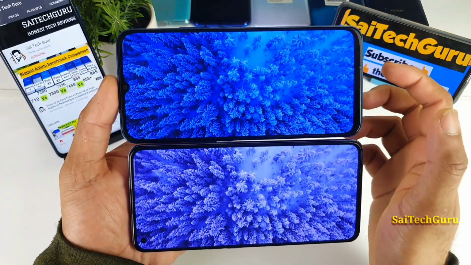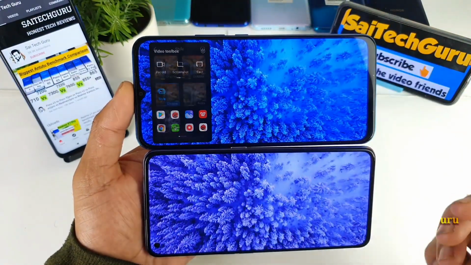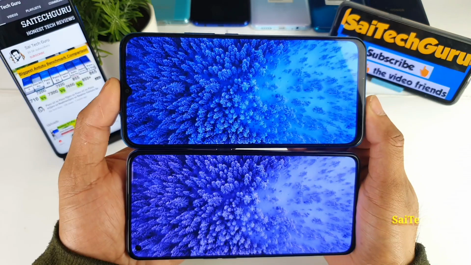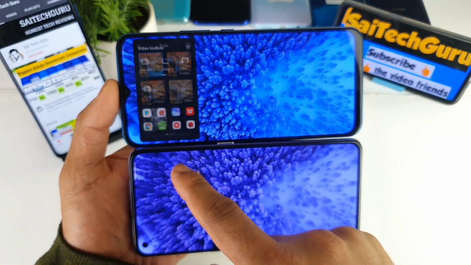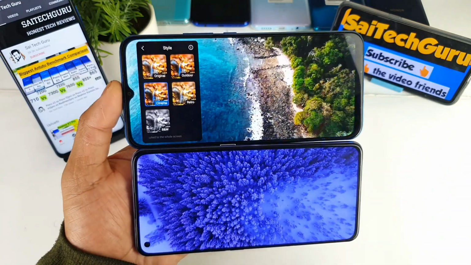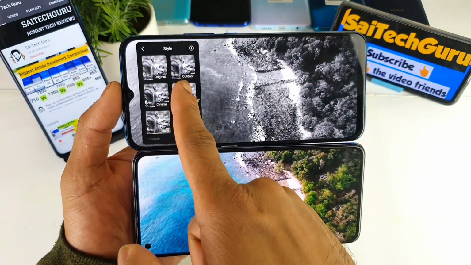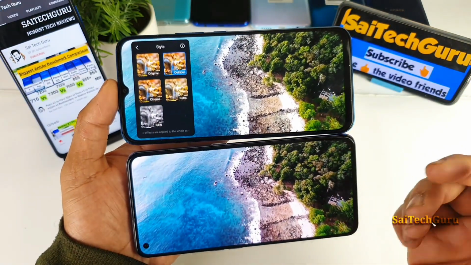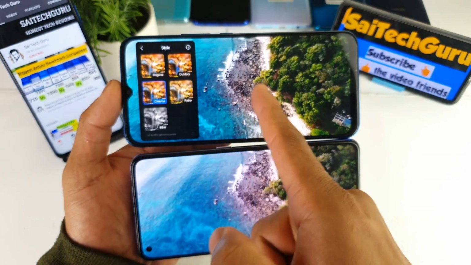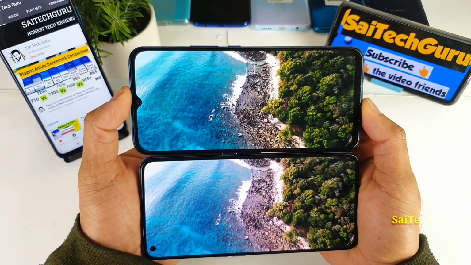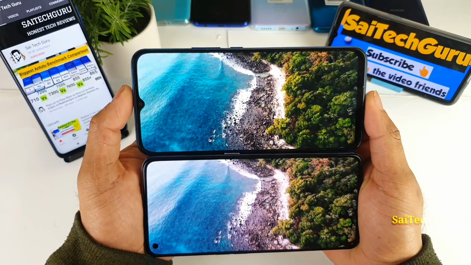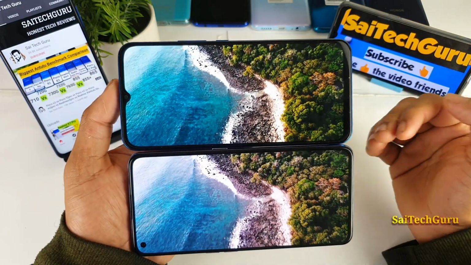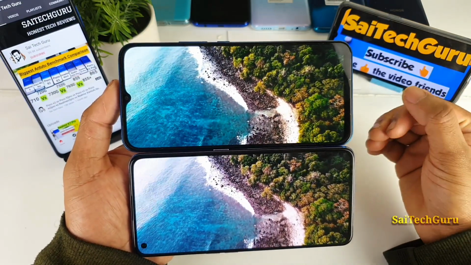The Mi 10 Lite has another advantage of changing the various color modes. With the normal colors, you cannot find much difference, but if you use the cinematic colors, you can find slightly more saturated colors. You also have a black and white mode if you want, and an outdoor mode which will give you more brightness like the Realme X7 Pro. This is the thing I like in these Mi phones: you can change all the colors and boost them however you want, but not yet on the Realme phones. You cannot do that kind of thing on Realme smartphones at the moment.